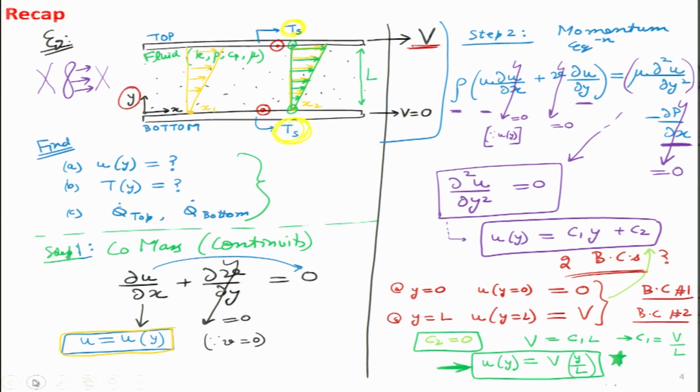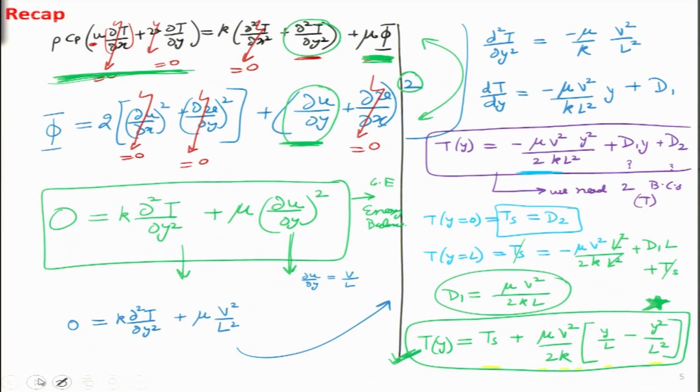In order to understand these equations in more detail, we looked at a solved example as shown in this schematic, in which the bottom plate is fixed and the top plate is moving with a constant velocity capital V, and we wanted to figure out parameters like the velocity profile inside, the temperature profile and the rate of heat transfer taking place from the top and bottom surface. And I think we calculated this temperature profile over here. This is the solution that we obtained after applying the conservation of mass, momentum and energy balance equations.